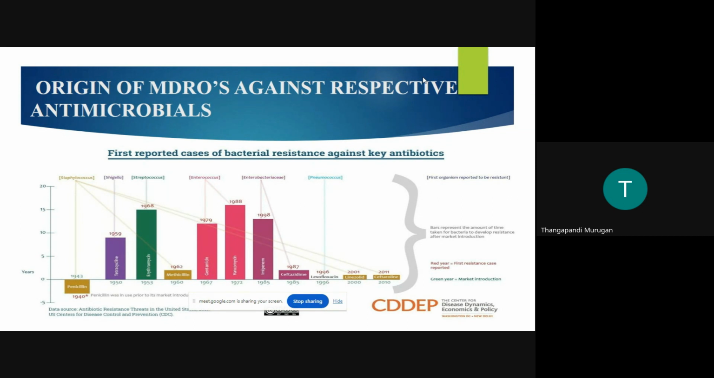But the years I have mentioned here do not indicate complete resistance. When the first resistant organism is identified,